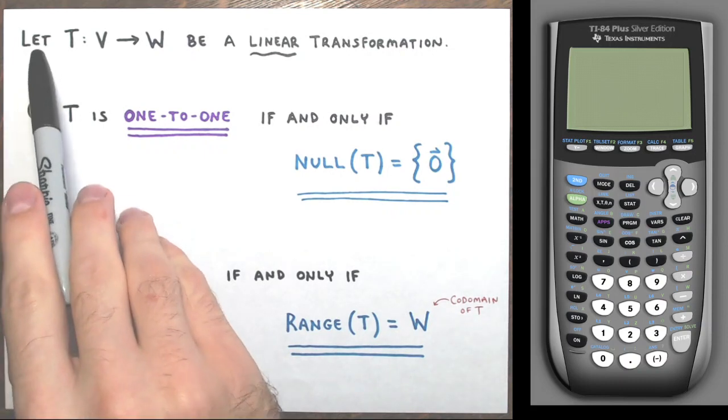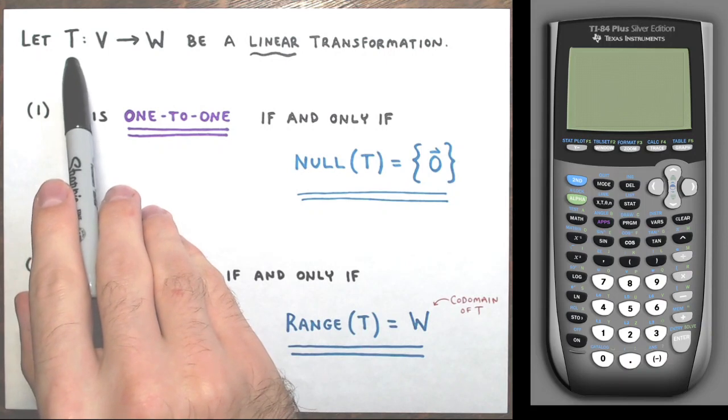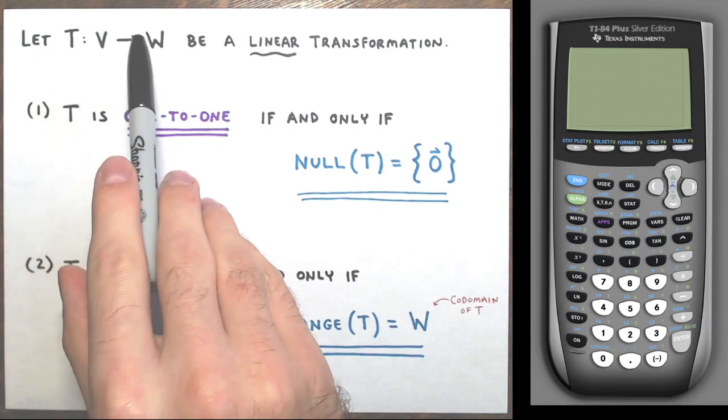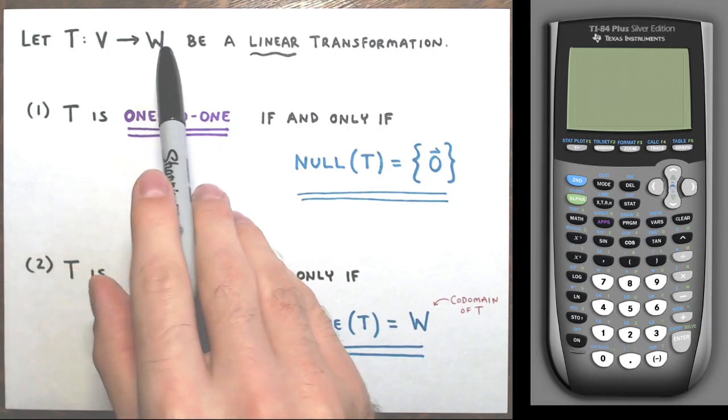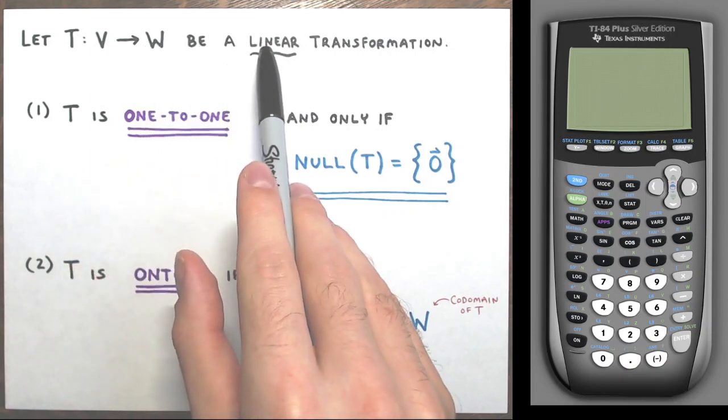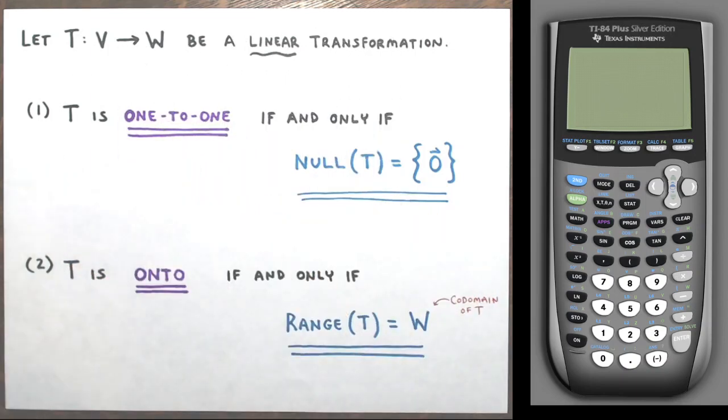So suppose we have a transformation T from vector space V into vector space W, and this is a linear transformation, right? Meaning that this transformation T satisfies the additivity and homogeneity properties, preserves vector addition and scalar multiplication. Alright, so here's two very important results regarding a linear transformation and the null space and the range of